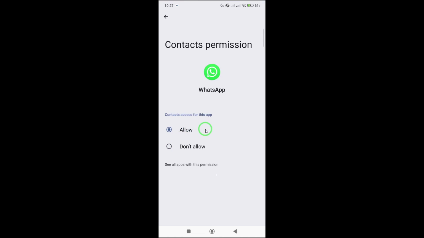That's it. Once you've turned on the contacts permission, go back and open WhatsApp. Tap the chat icon and you should now see your full contact list appear, just as it should. If your contacts still don't show right away, try refreshing the contacts list in WhatsApp or restarting the app. That usually updates everything instantly. Enabling contacts ensures that WhatsApp connects smoothly with your phone book, so you can call, message,